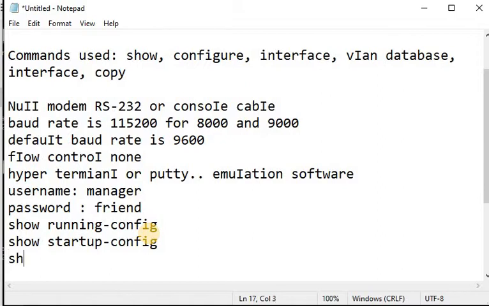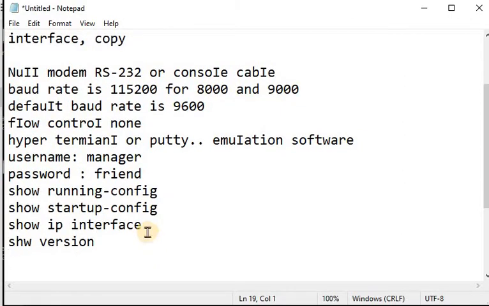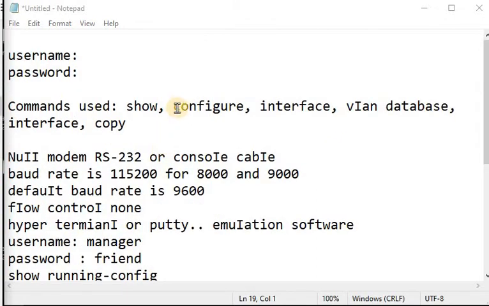Similarly, if you want to learn the IP address of the switch, you will type show ip interface. It will show you the IP address of the switch. Next is show version. When you type show version, it will show you the version of the software or firmware of the switch.